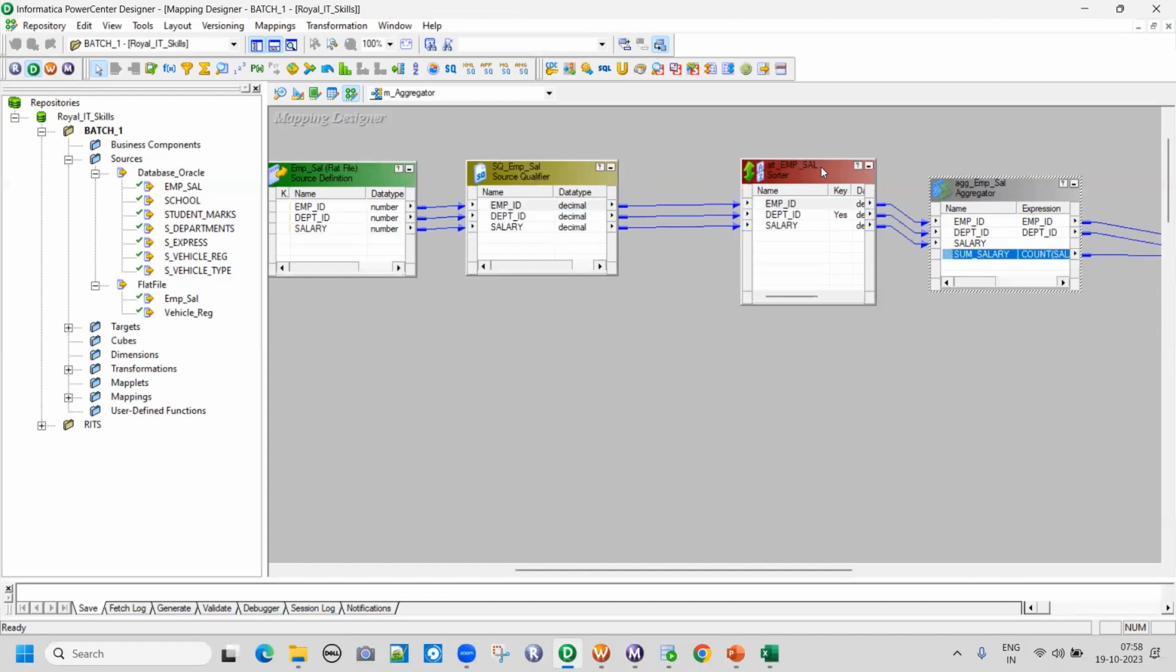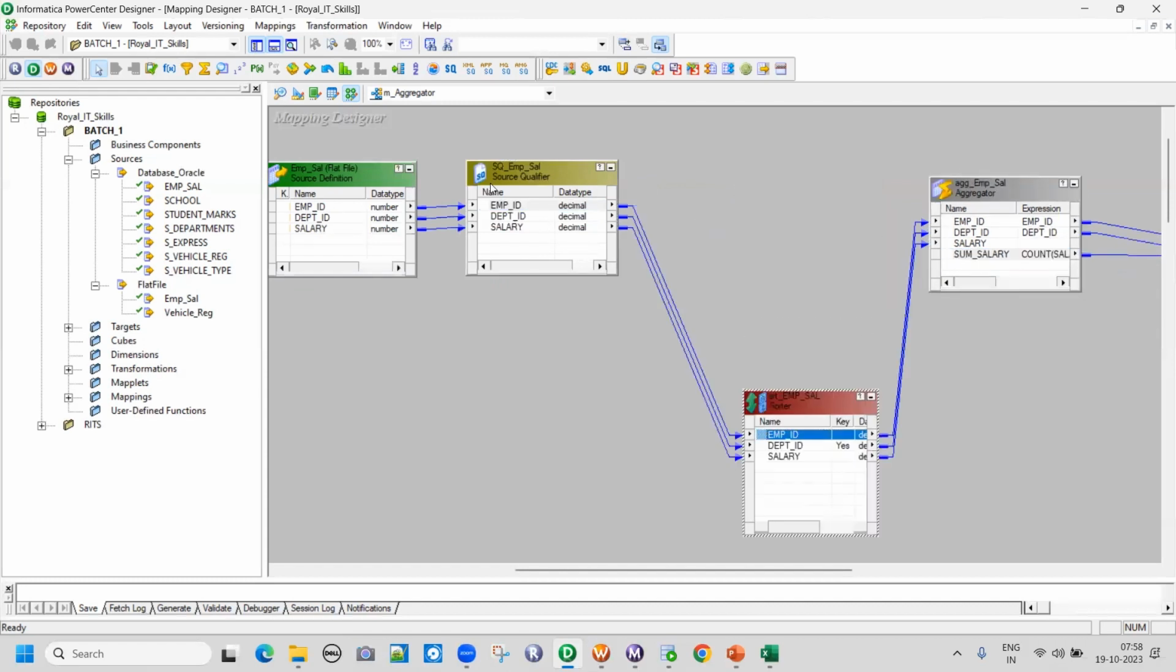I mean, simply put, if there is no other transformation between the source qualifier and the aggregator, yes, we can straight away go ahead and sort the data. That is the advised way also,